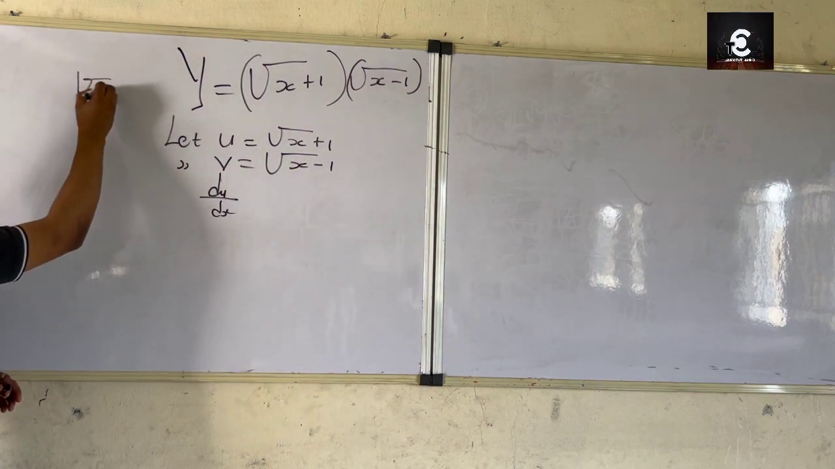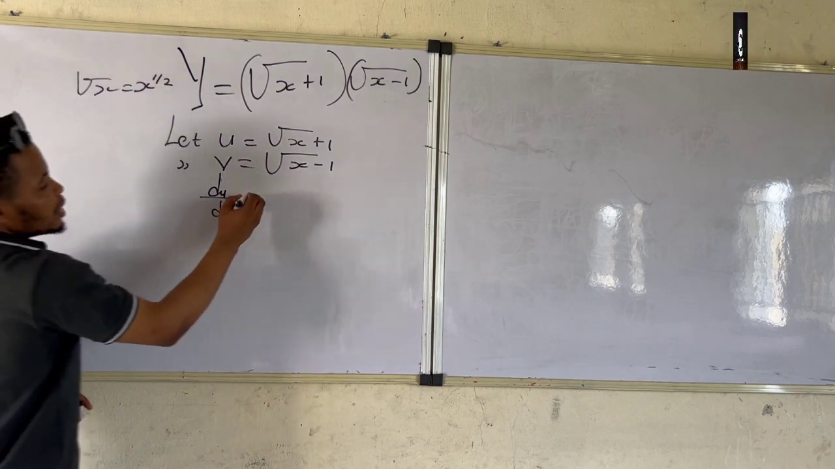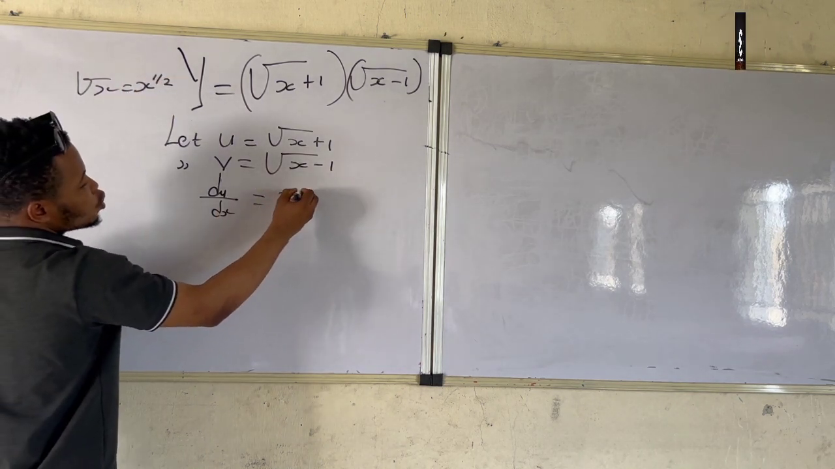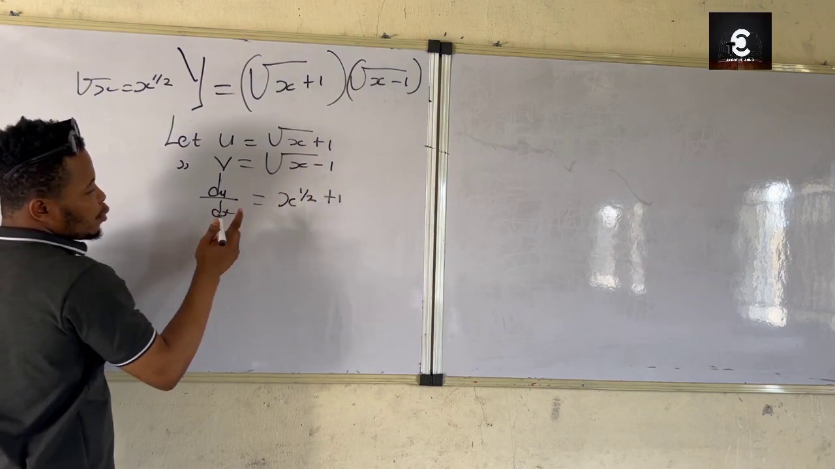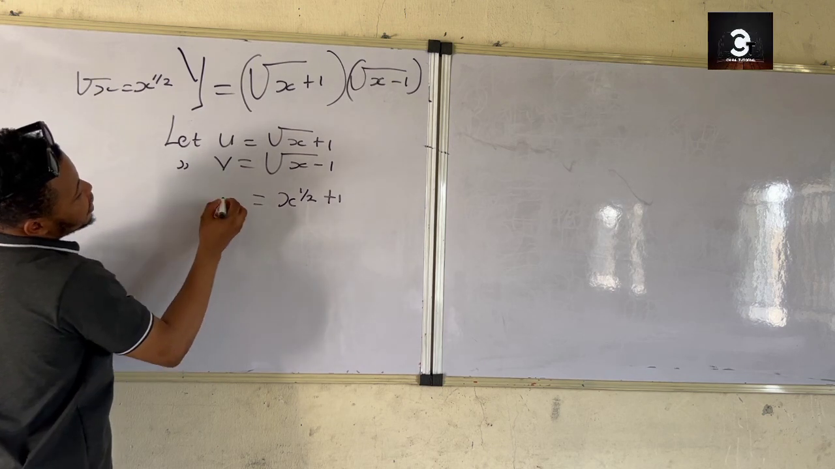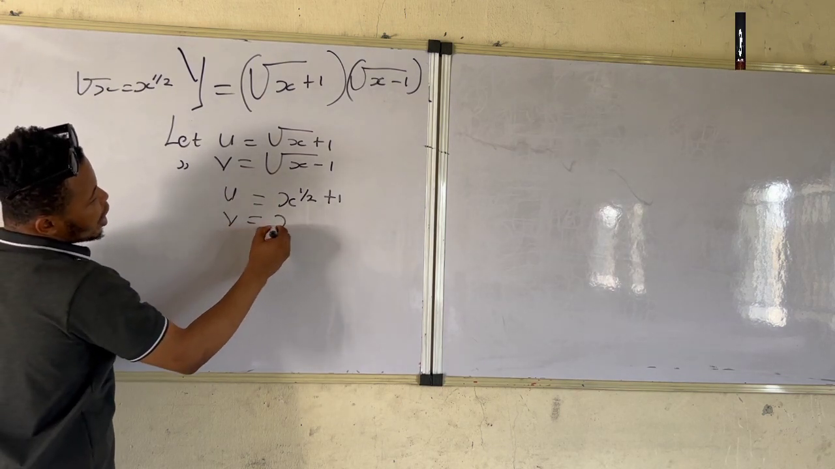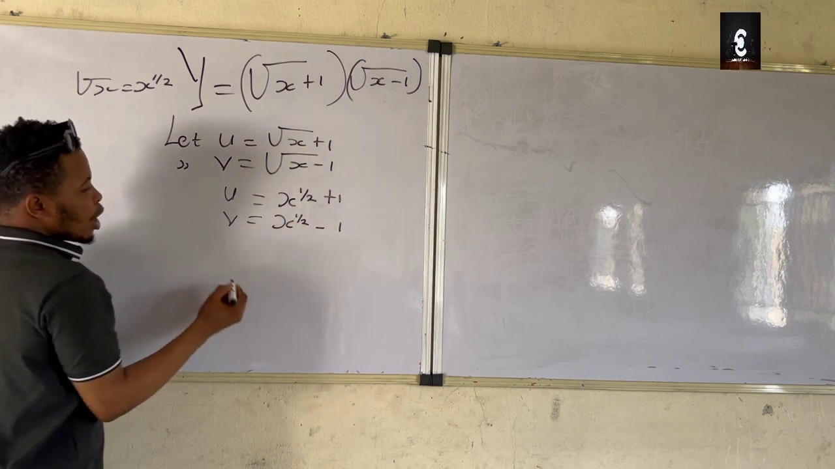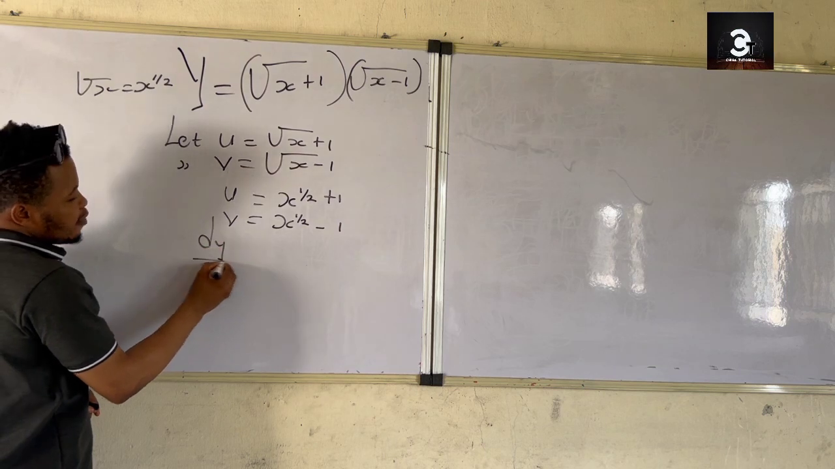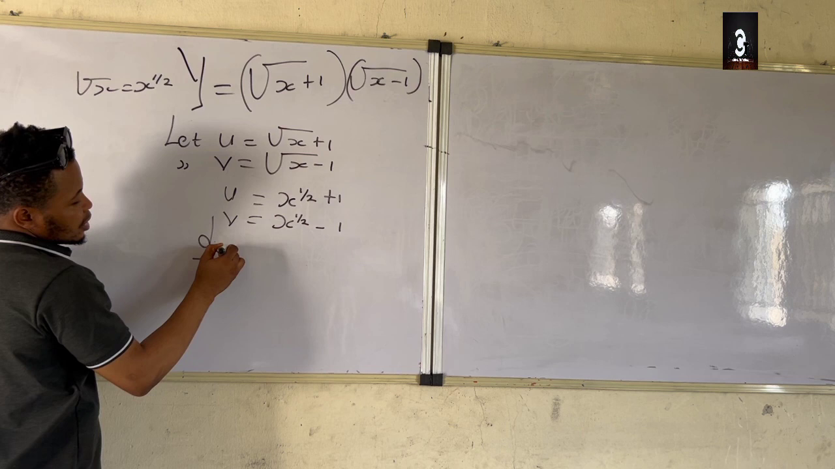Square root of x means x to the power 1 over 2. So this means u is equal to x^(1/2) plus 1. Or before I say dy/dx, this u is actually this. v is equal to x^(1/2) minus 1. So I want to now differentiate du in respect to x, which is going to give me